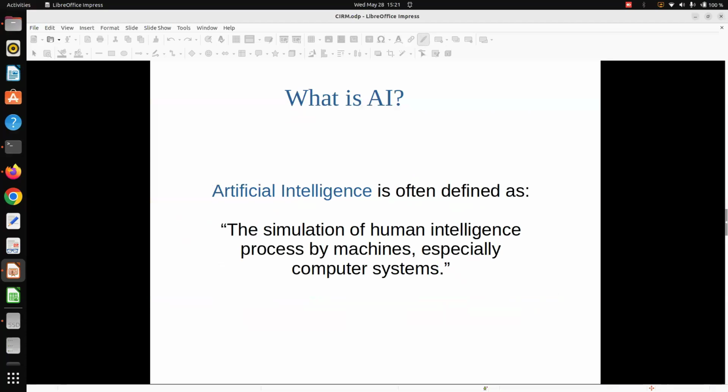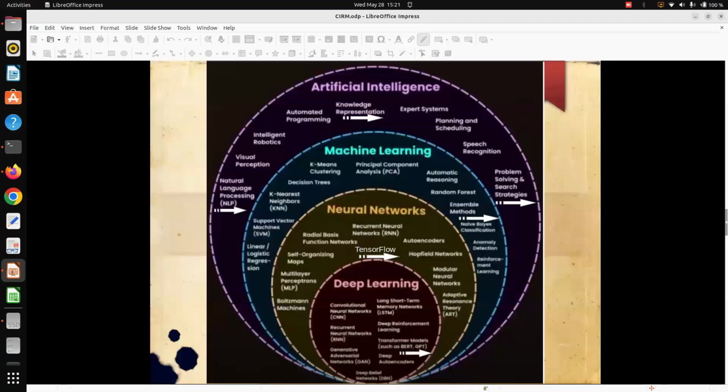This definition is a classic one, that simulation of human intelligence in a machine, particularly a computer, is called AI. And if you take into consideration the entire landscape, this was what I was talking about. So we are targeting a very, very tiny dot here when you are talking about large language models, deep learning, and so on.